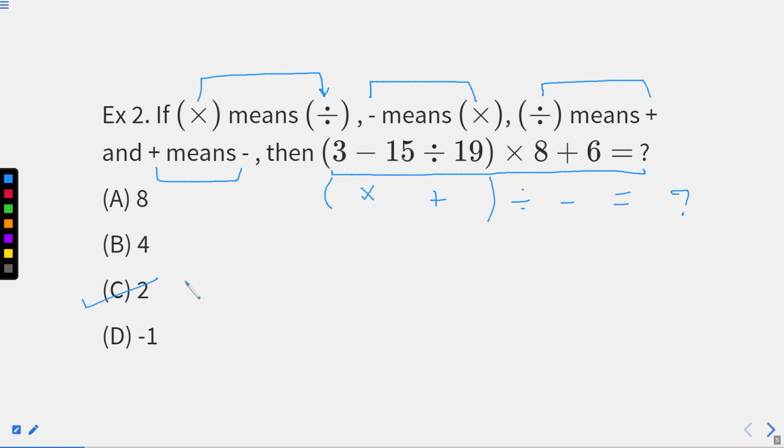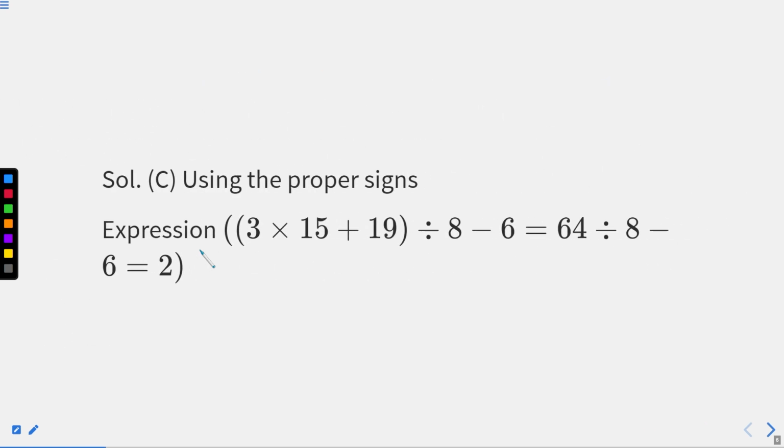I hope this question is also clear. This question is based on the previous concept as well as something new. So what is new in this particular question is the re-revising of the equation. The equation that is given is totally fine, but as per the instructions given, we'll re-revise the expression and then we'll use the BODMAS. I hope this question is clear. Now, I'm straight away moving to the next question. If anybody is having doubt, please go through the video again.